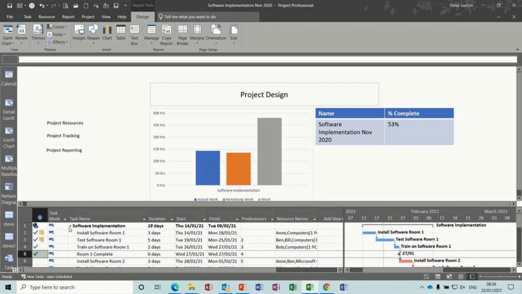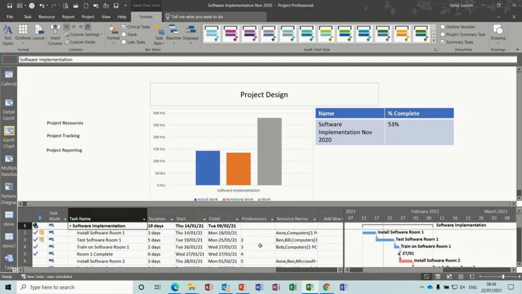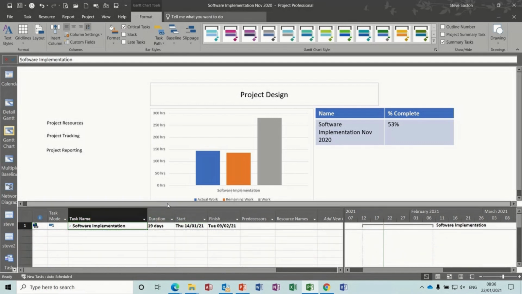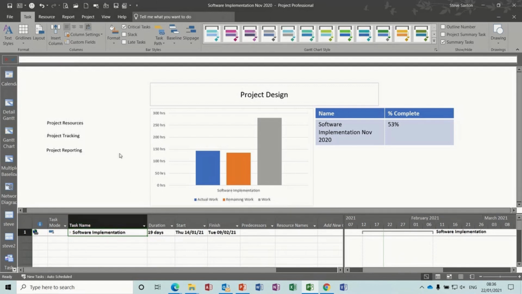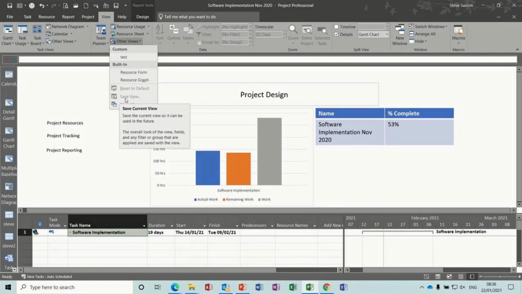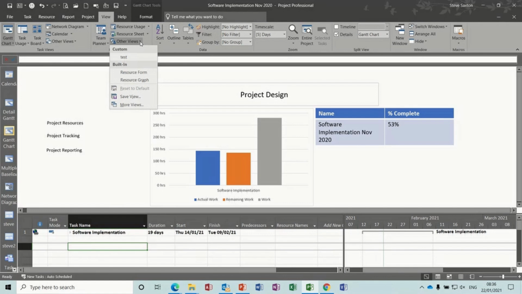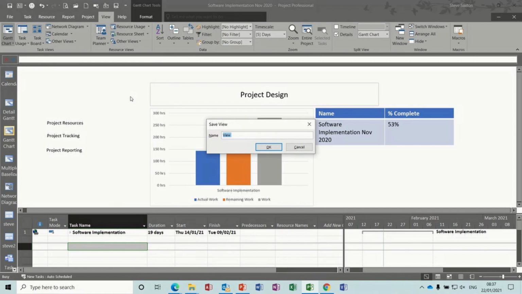And maybe you just want a summary, because this is just the opening screen. I've got that with a name on it. You can have it on a laptop, it's quite small, but on a big screen you'll be able to see all of that. I'll just collapse that down for now, and then we need to save this as a view. So if I click into the top part and go view, it doesn't have a save option there, it's grayed out. But if I click on the bottom part and go view, you're basically tricking this, save view. I'll call it